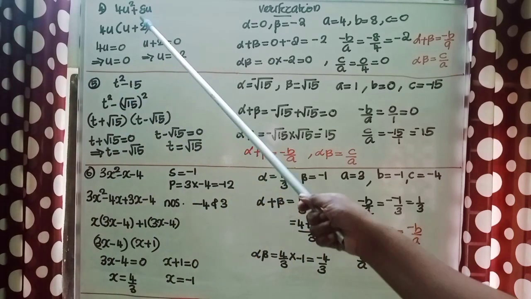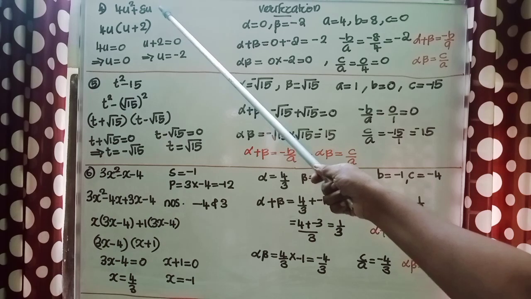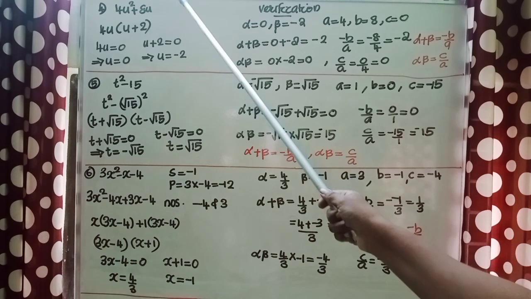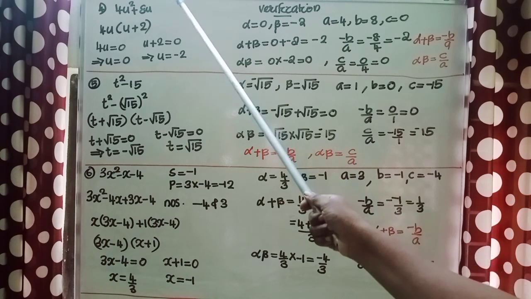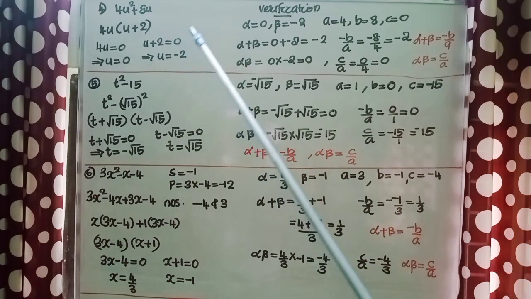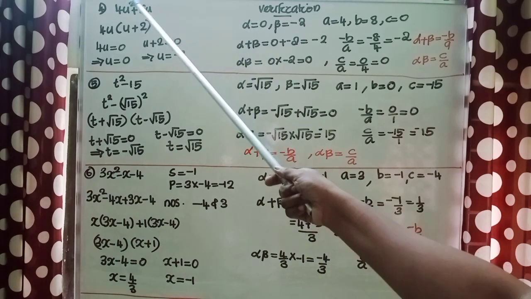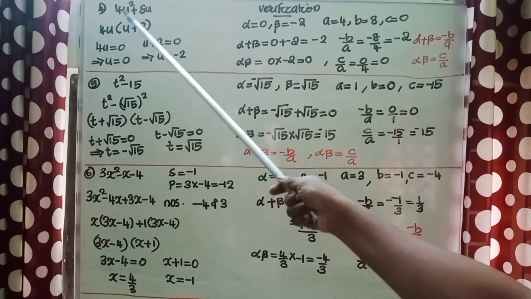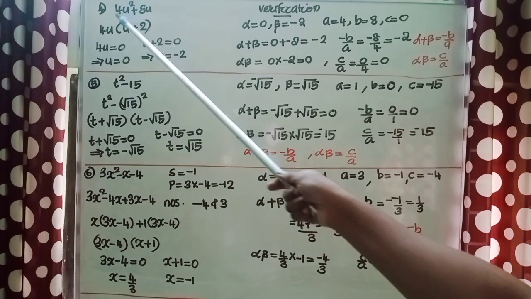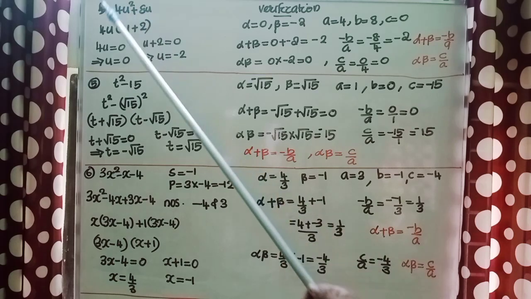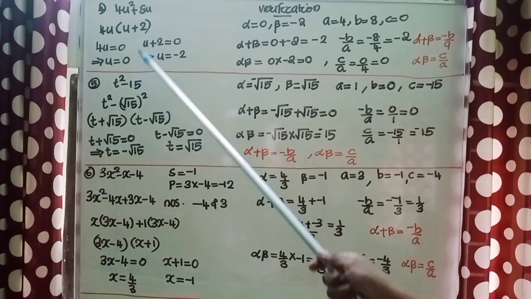Third question, 4u square plus 8u. Here you can see the last term, the term c, is missing. We can add 0 there instead of c and proceed with all the previous steps, or otherwise from these two terms we can take 4u outside, then u plus 2 is in the bracket. Then we can equate both the terms to 0 and find the zeros. So I am following that method.